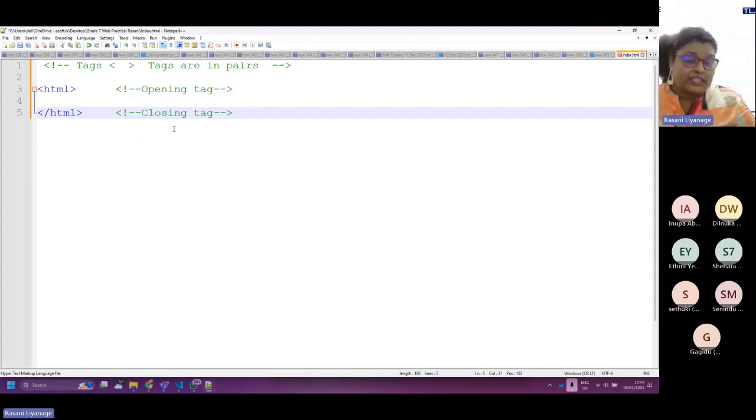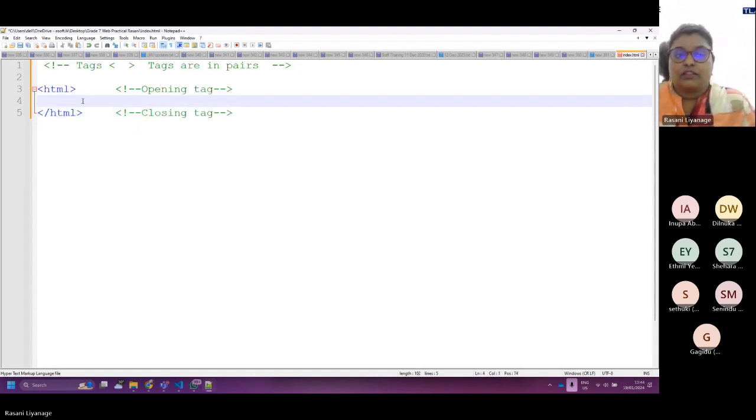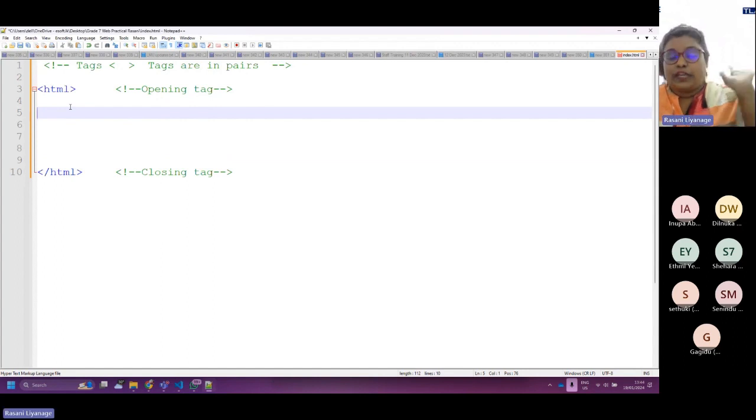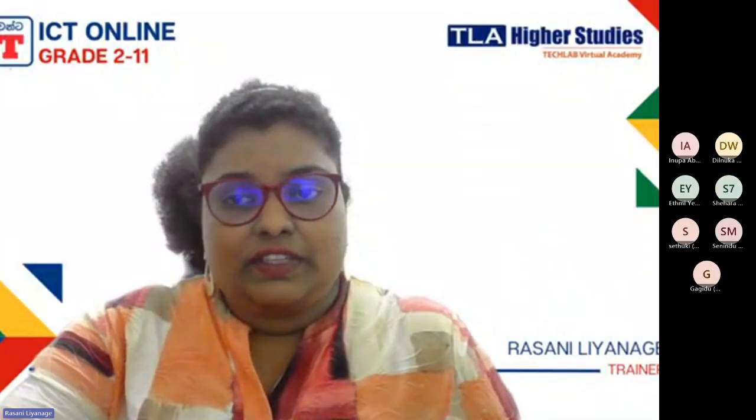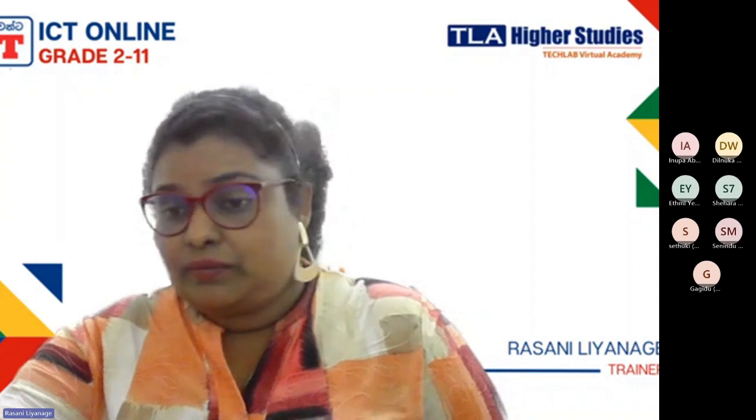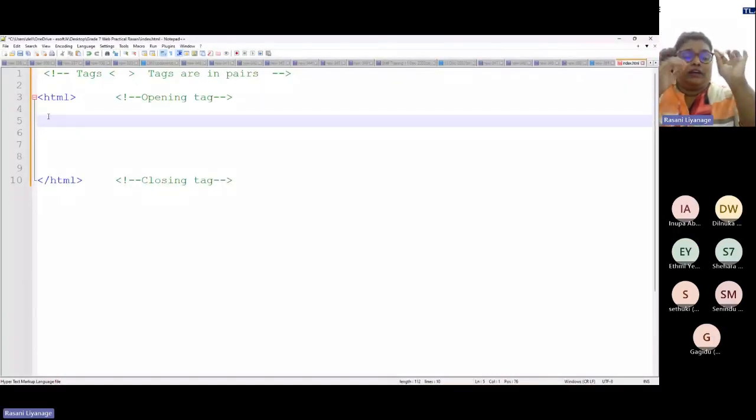So start off with HTML, then come to the middle. When you write, you don't have to type these green ones like that. That is just for your knowledge. You can write it in the book, and it's fine if you type it too. Not compulsory.